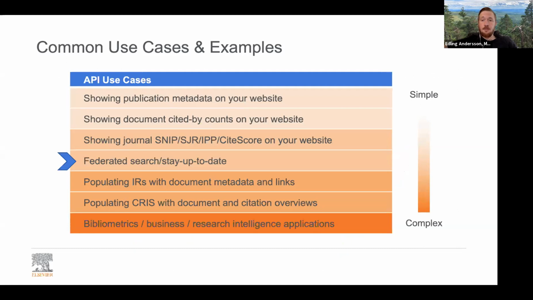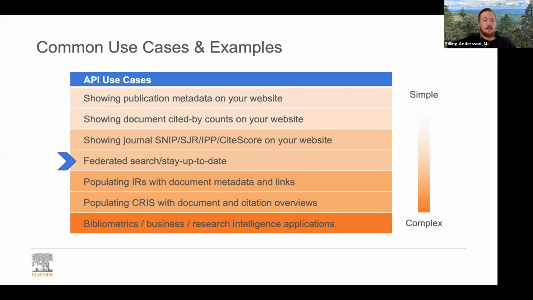The API supports a wide range of use cases, ranging from the simple to the more complex. Essentially, anything you can do in the Scopus web app, you can do through the APIs. You can use them to show Scopus publications on an author's web page, if you want to showcase institutional output. You can show Scopus cited-by counts, for instance, on an online CV. You can also use it to showcase metrics on an author or journal, or use that data for institutional performance